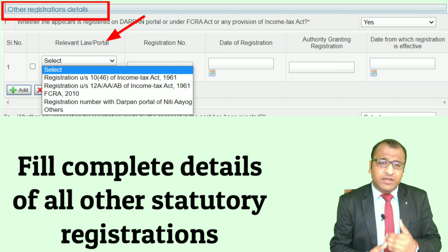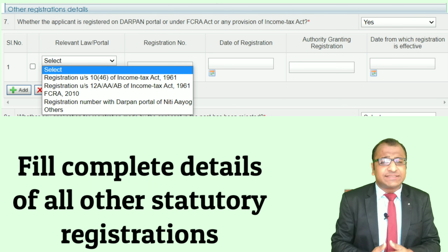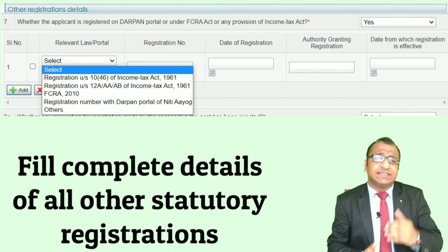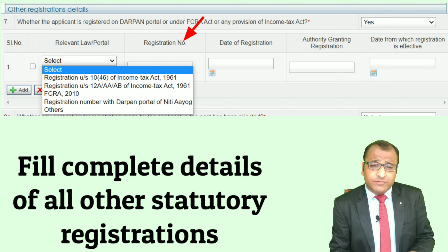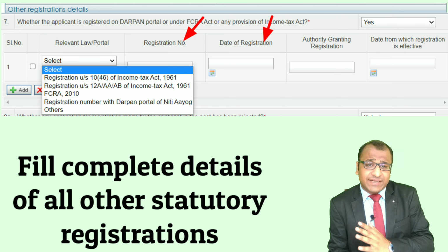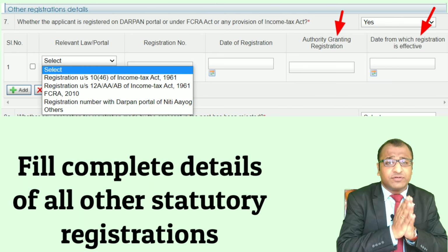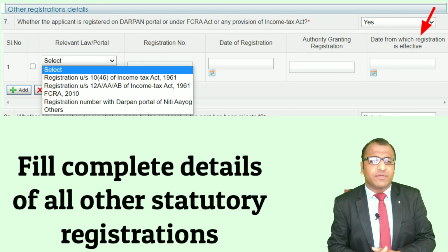Then go on to provide the details of all the registrations applicable, such as the registration number, the date of registration, the authority granting such registration and the date from which such registration was effective.